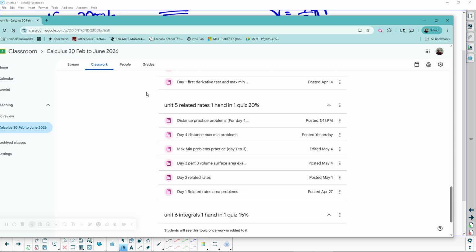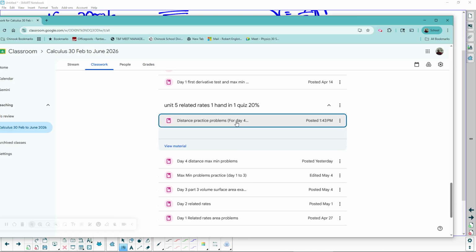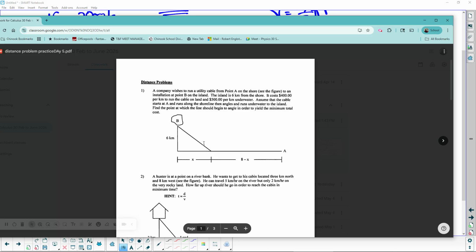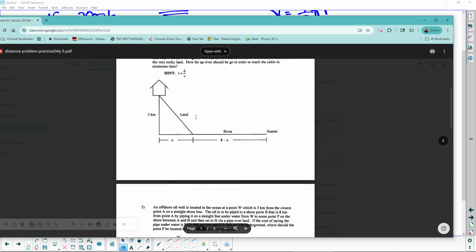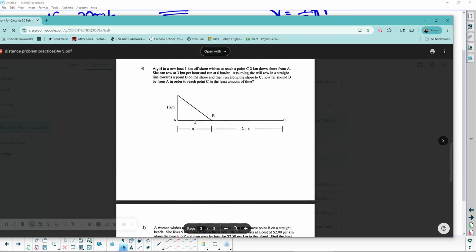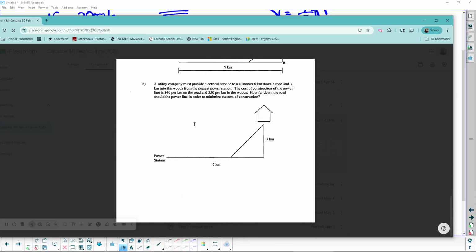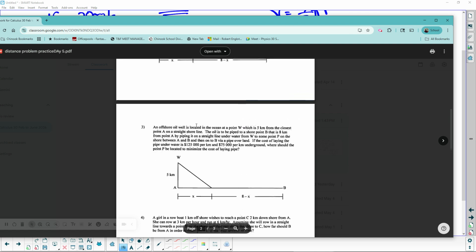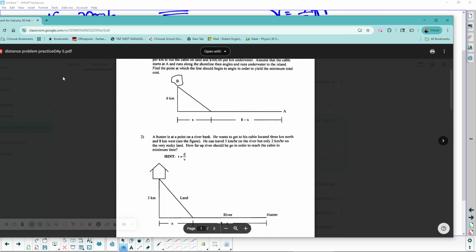Okay, so here we are. We're just motoring along pretty good. We're about halfway through related rates. I've got some distance problems that were based on the day 4 lecture. Here I've got the problems, and these ones have the diagram. There are 6 of them. Don't do all 6 unless you really enjoy these. Do 3 of them or so. And then the solutions for that